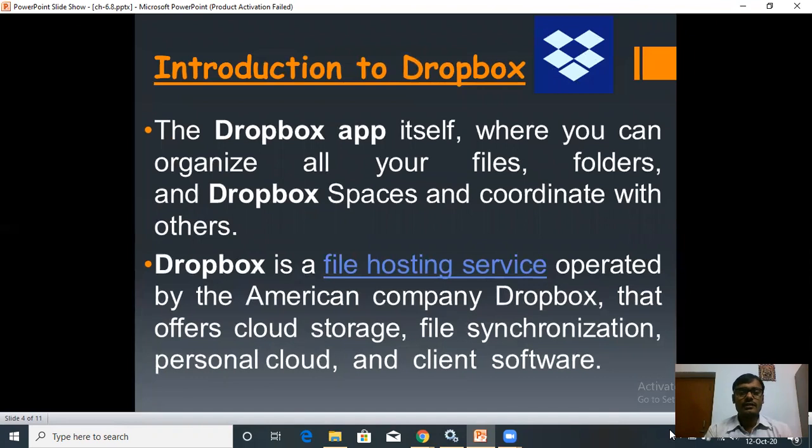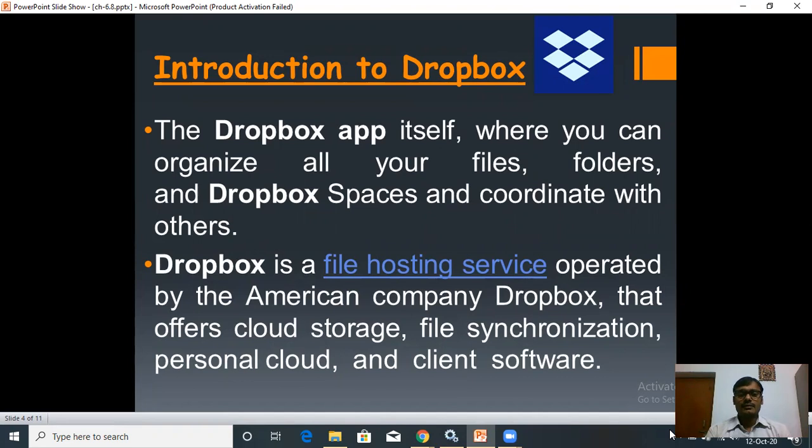So coming to the introduction to Dropbox. In the Dropbox app, you can organize all your files, folders, and Dropbox spaces and coordinate with others.